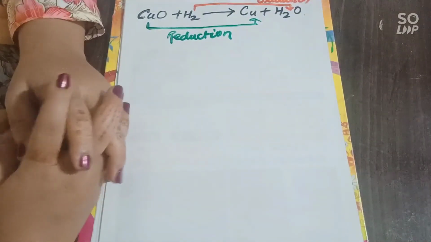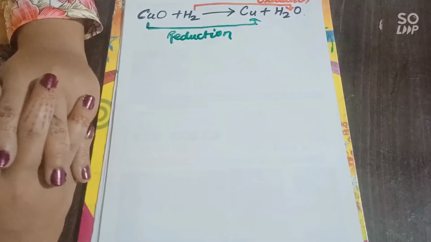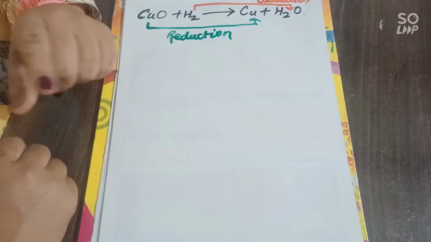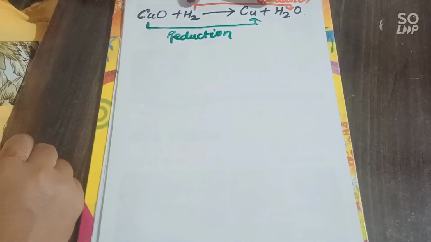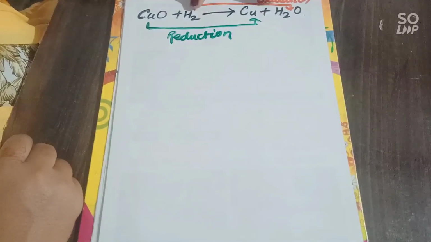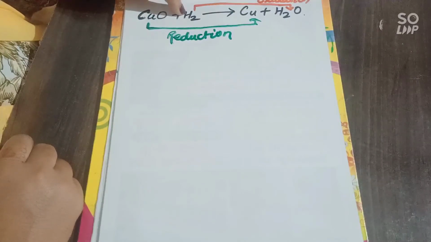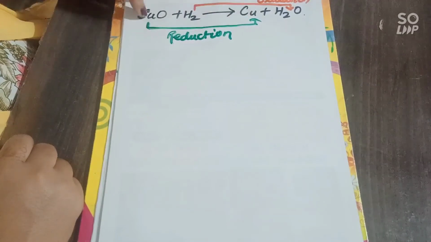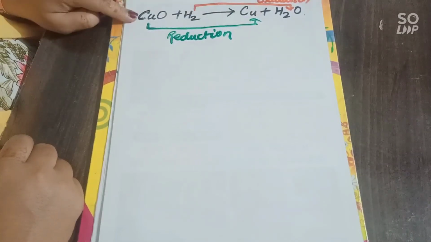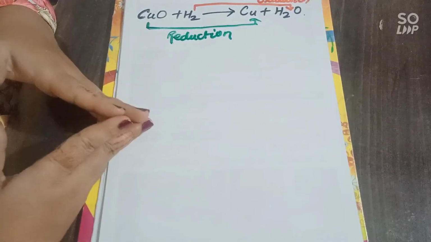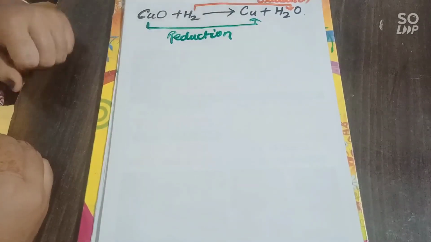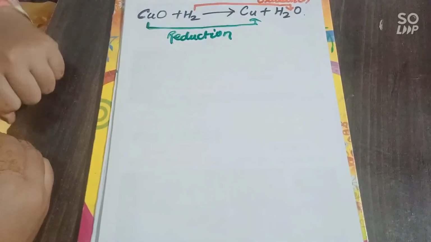Now identify which one is oxidizing agent and which one is reducing agent. As I told you through the trick, the process in which oxidation is occurring, the species which is causing oxidation is actually the reducing agent, and the half process in which reduction occurs, the species which is causing reduction is actually the oxidizing agent. Now we need logic to prove our point. Why is this half reaction reduction and this half reaction oxidation?